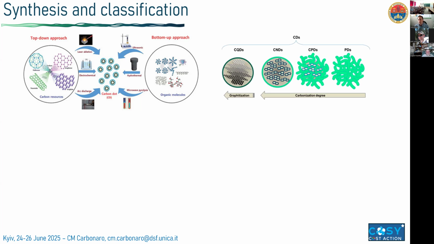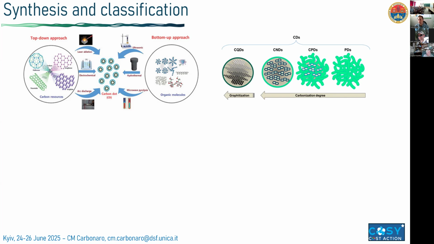So there is also, in the academy and in the literature, still the need to define different kinds of carbon dots, because carbon dots is a big umbrella where we have a lot of different nanoparticles, which can be different because of the carbonization degree and also because of the graphitization of our system. So we talk about carbon quantum dots when there is a quite high